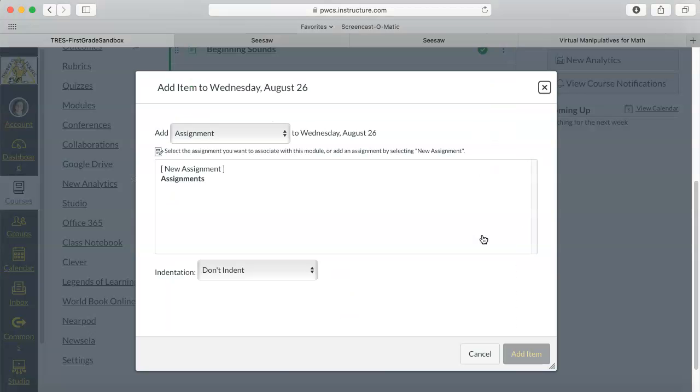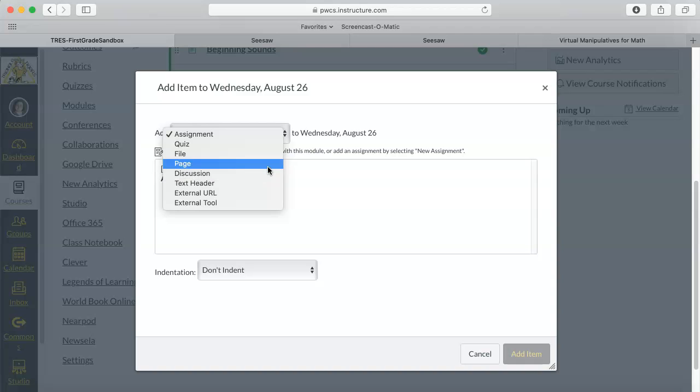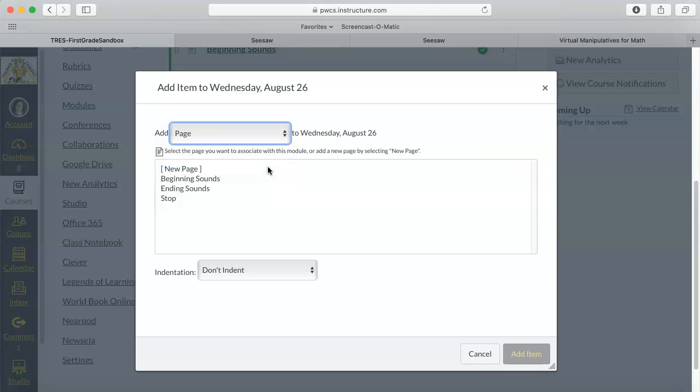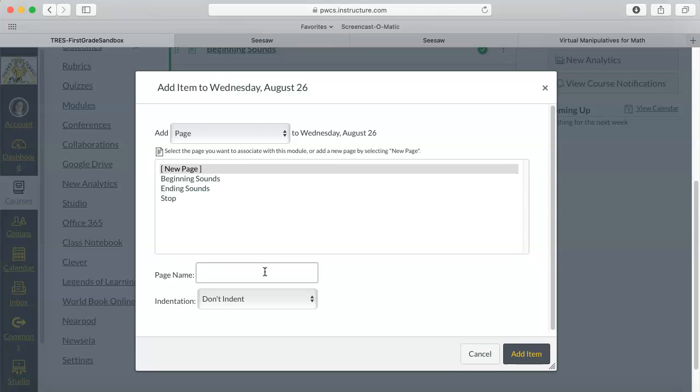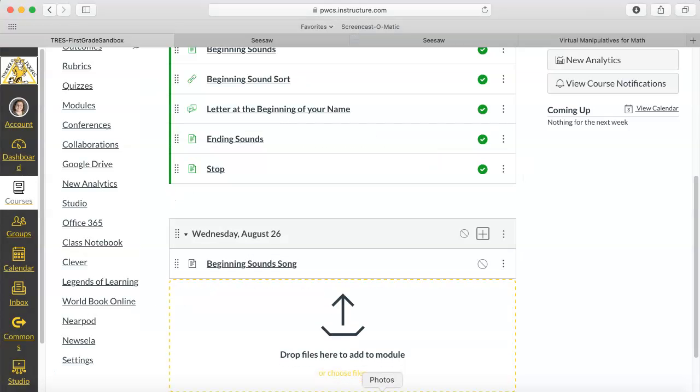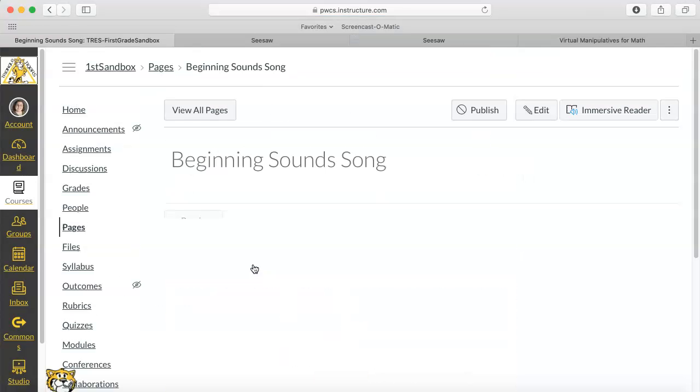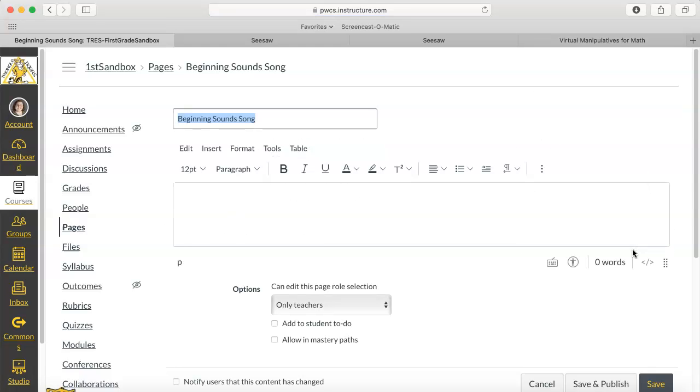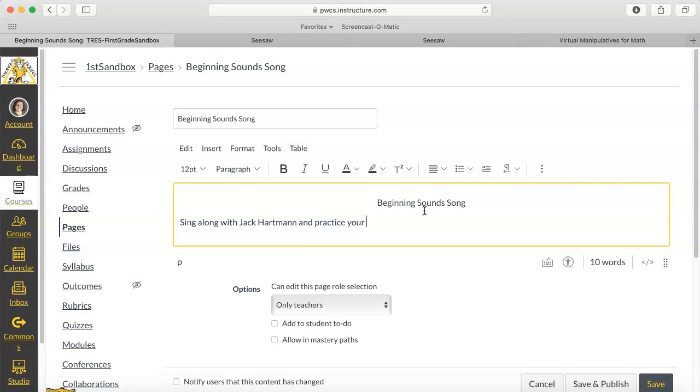Okay, and again, I'm going to essentially create the same module I did last time just for the sake of time. I'm going to start with a page, a new page, and we're going to call this Beginning Sounds Song. I'm going to add the page, clicking on my page, clicking Edit, and I am going to center some text on here. Beginning Sounds Song. Sing along with Jack Hartman and practice your beginning